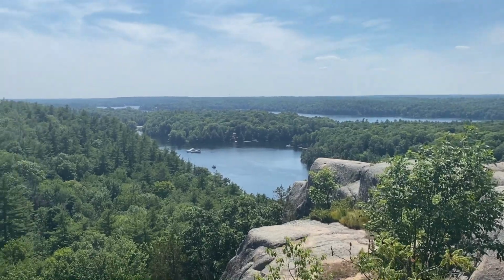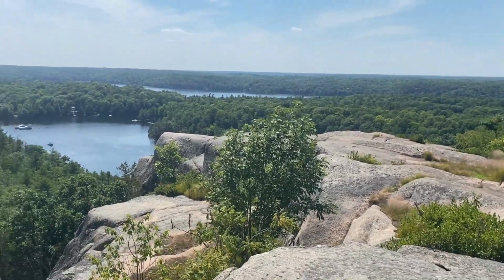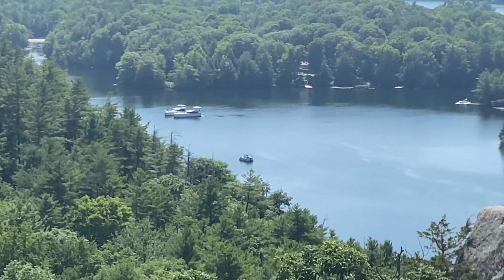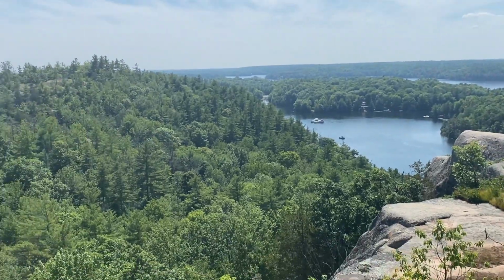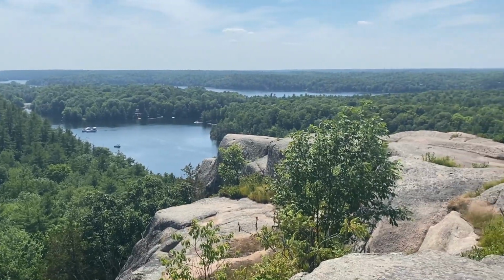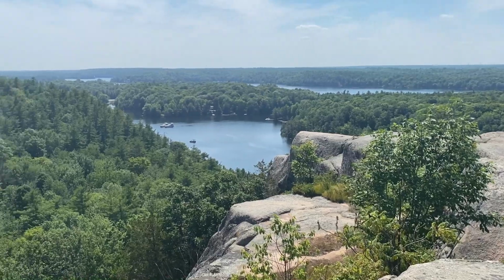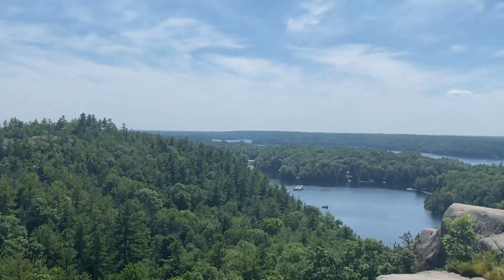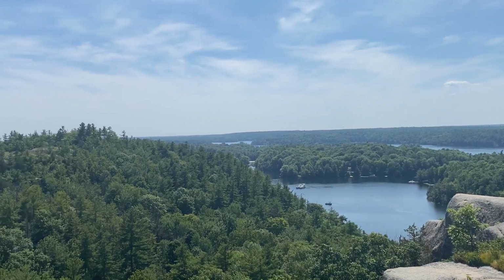And ladies and gentlemen, after about an hour and a half of climbing, this is the summit right here. I'll just zero in on these boats. Actually a really nice view. Now we'll have to see if the walk was worth it. Dunder Rock Summit. Now here's the thing, this is an incredibly beautiful view, about an hour and a half hike,